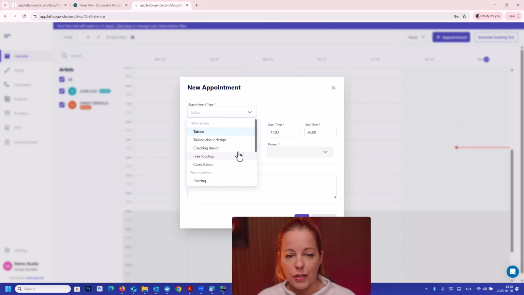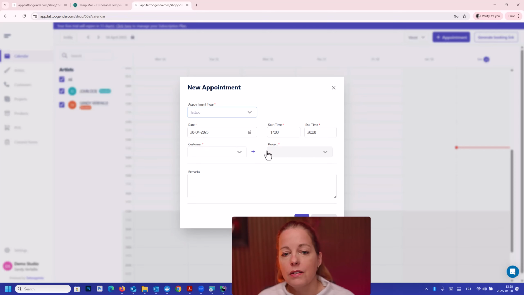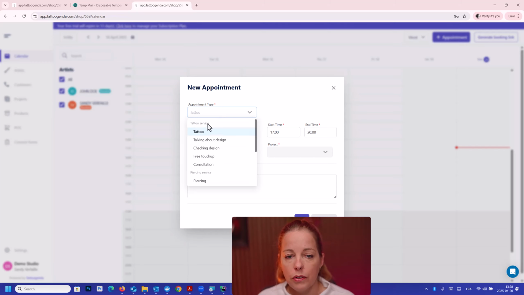Just so you understand the difference, if you select any type of tattoo service, for example, the first one, you will have to add a customer and a tattoo project. The artist has to be chosen on the tattoo project. So everything under tattoo service needs a customer, needs an artist, and needs a project.